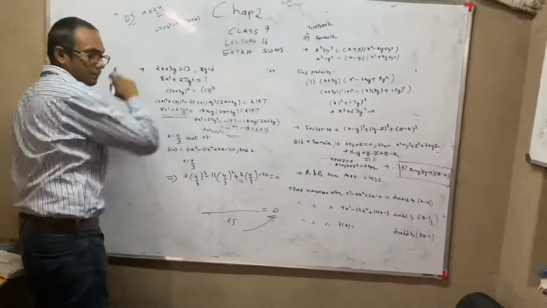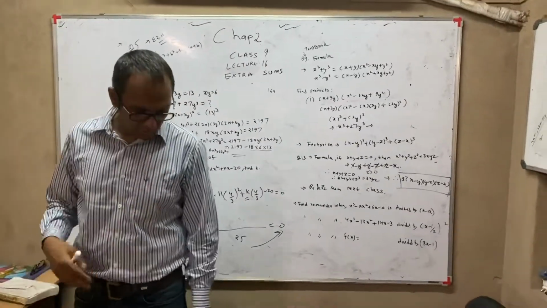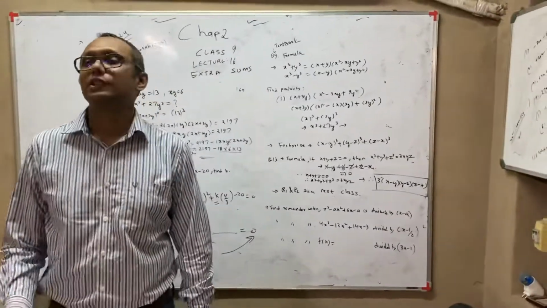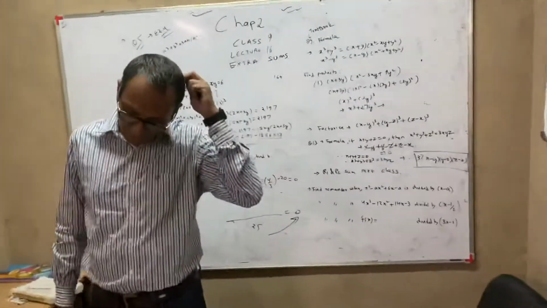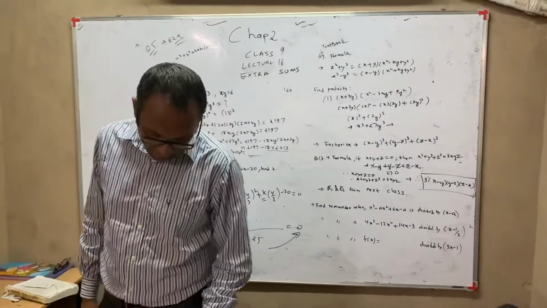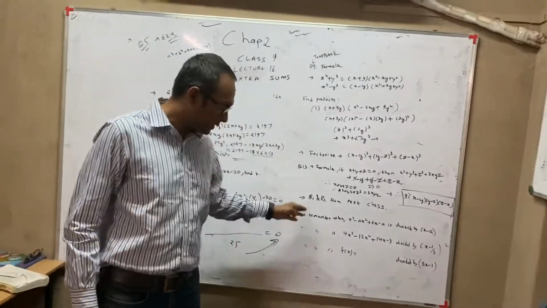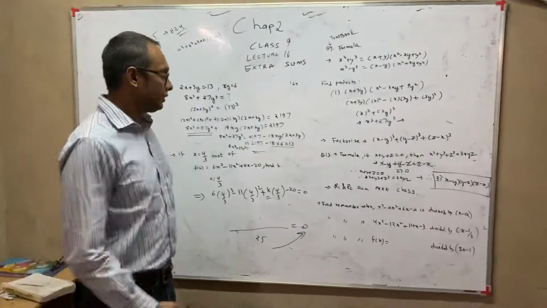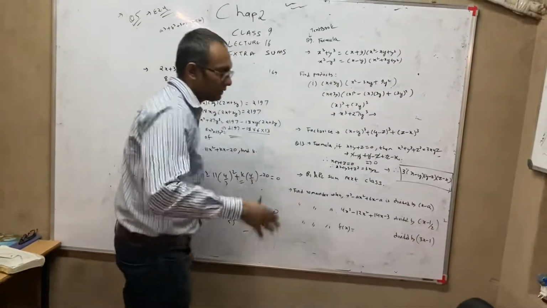If you remember that, in this first you put x is equal to 1 or minus 1 and see if you get a 0, and if you get a 0, then you divide it by doing long division, and then you split the quotient also. Now the last three sums are of the same type, so we are discussing them together. First question is: find the remainder when this is divided by this. This was in the test also in fact.